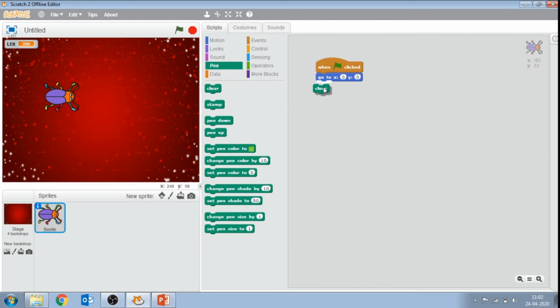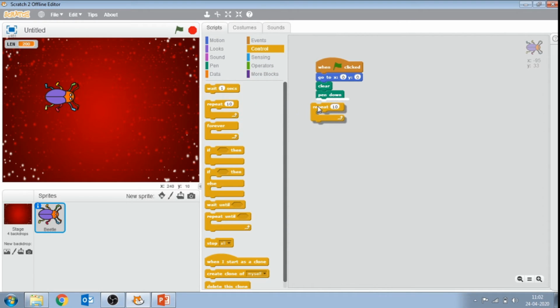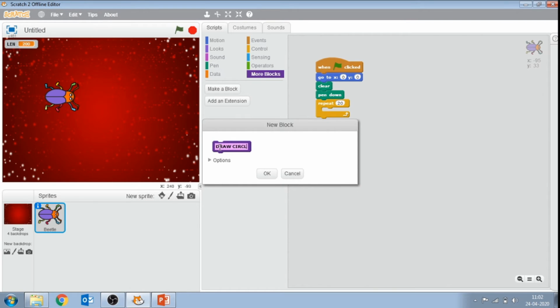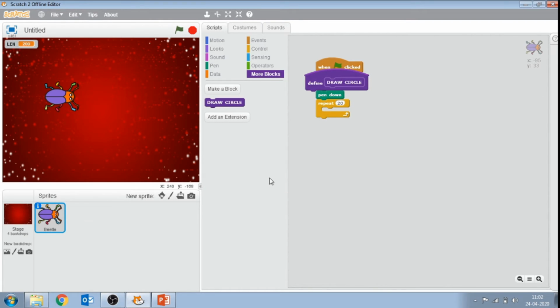Go to the clear block, then pen down, go to the control block and drag repeat. How many times you want to repeat? Suppose 20. And now we have to define a draw circle block to draw circles on the stage. So go to the More Blocks category and make a block called draw circle and click on OK.